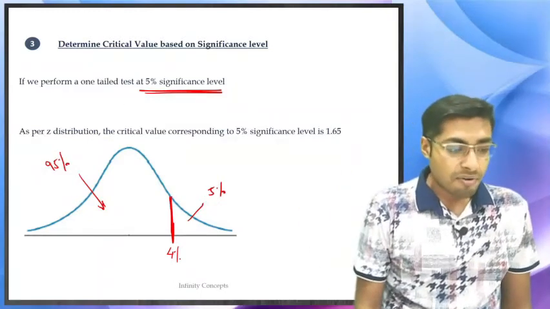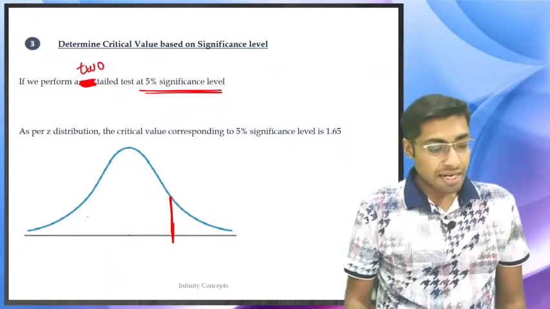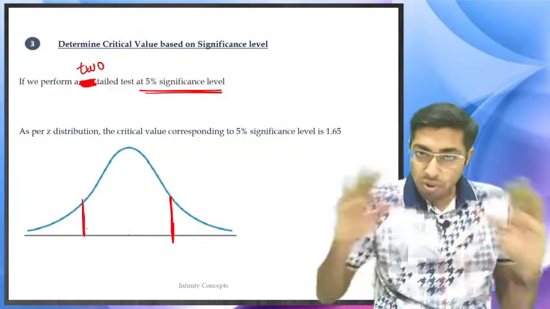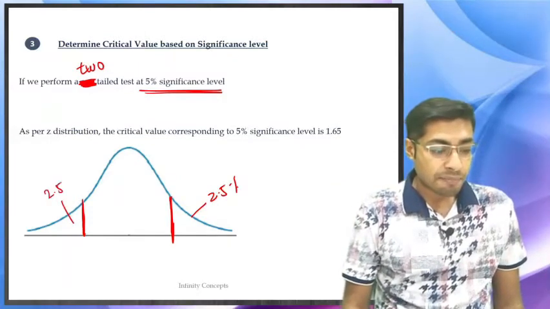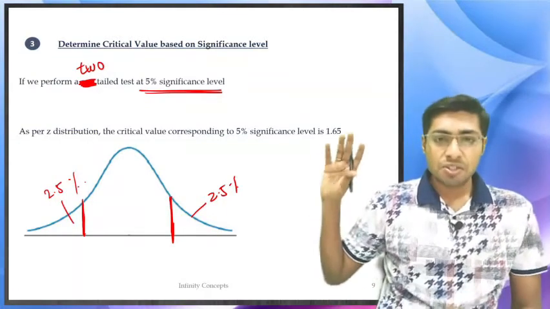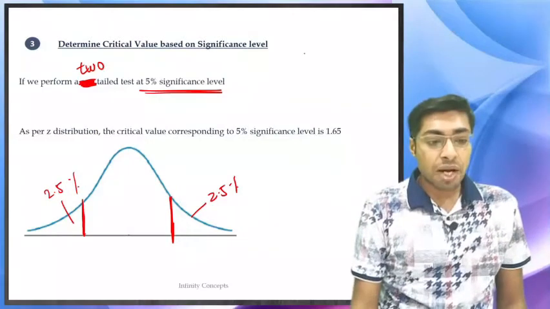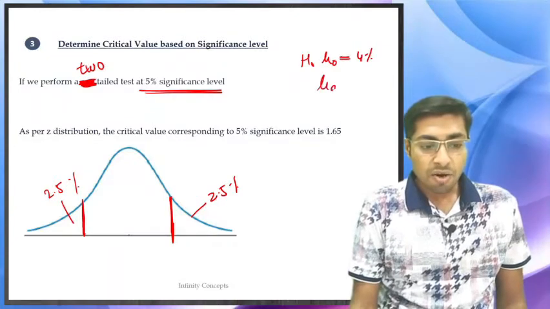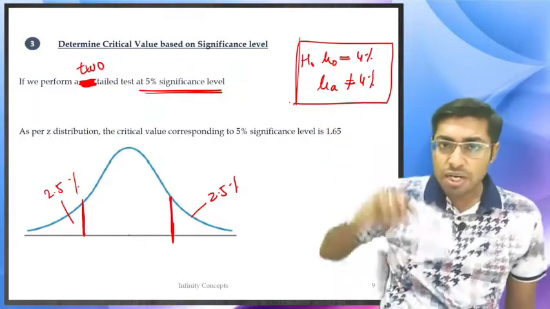If I say we perform a two-tailed test with a 5% significance level, then no doubt there will be 5% significance, but it will be under both the ends, on both the tails, and there will be 2.5% in each tail. Remember, we had done this previously also in the previous chapter. So once again, when I use the word two-tailed test, or say for example you come to know by looking at the hypothesis, this is your hypothesis equal to 4% and alternative hypothesis not equal to 4%. As soon as you look at this, you will come to know that this is a two-tailed test.